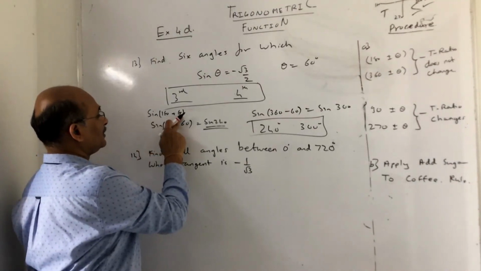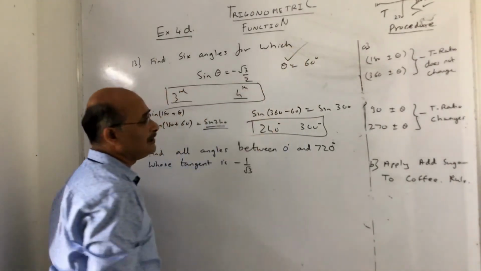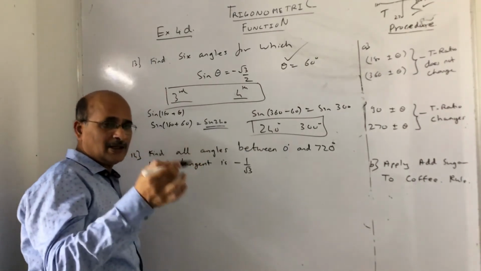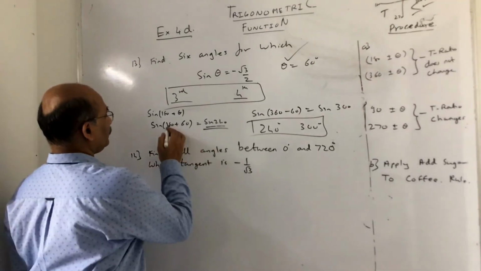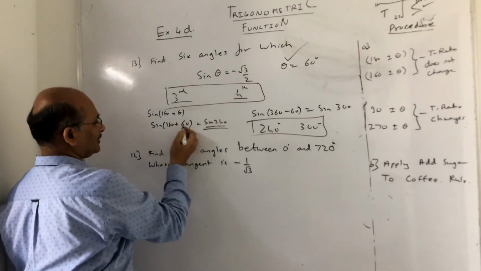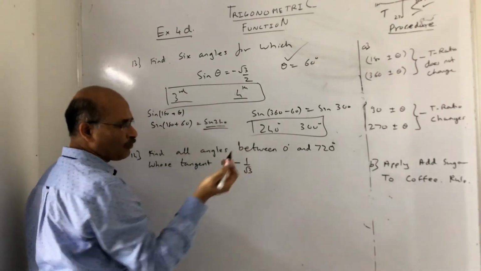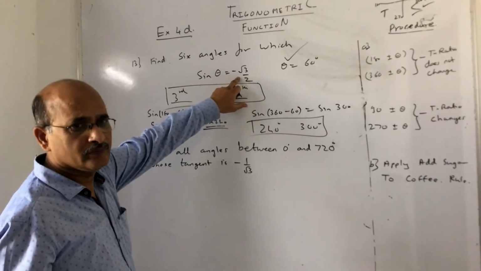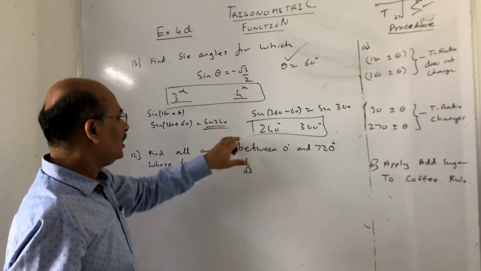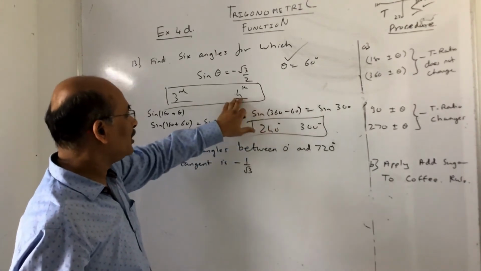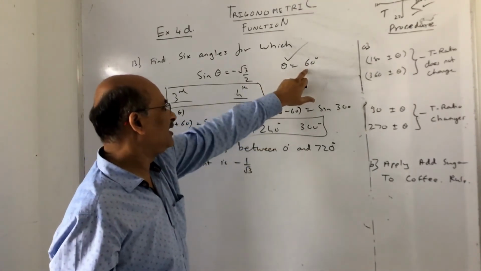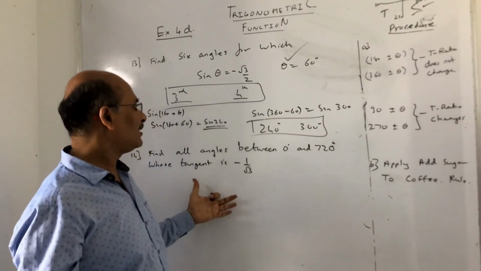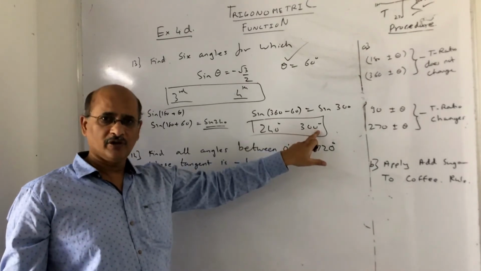So sine of 180 plus theta. What is the theta value I got initially? 60 degrees. Theta 60 degrees cannot be the answer because the terminal arm is lying in the third quadrant. So how do I get the third quadrant? 180 plus 60, so sine 240. If you want to check, you can go to sine 240 and find the answer; you will get minus root 3 by 2. Now similarly, the fourth quadrant is 360 minus theta. Once you get the theta, the work just follows. So my angles are 240 degrees and 300 degrees.